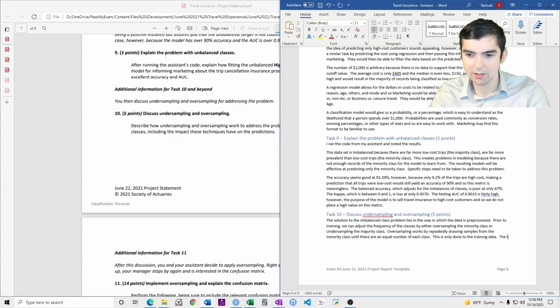The testing data does not get changed because this needs to reflect reality. Okay, and then undersampling works by taking fewer records from the majority class until there are an equal number of both classes.